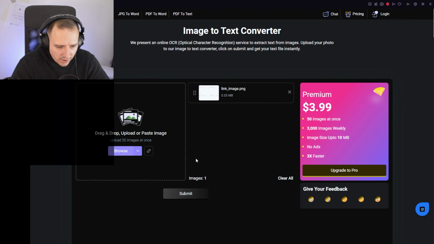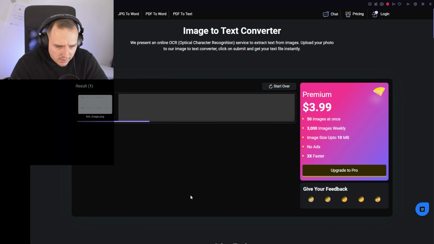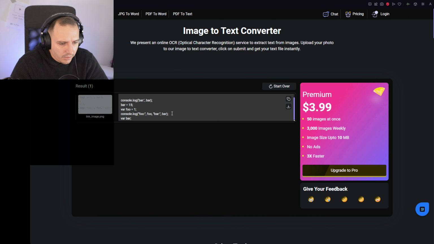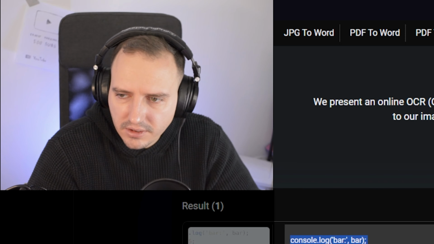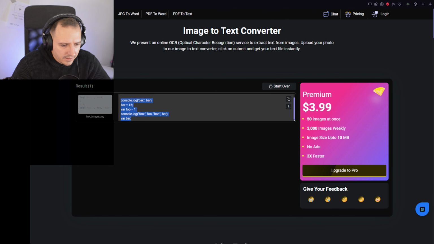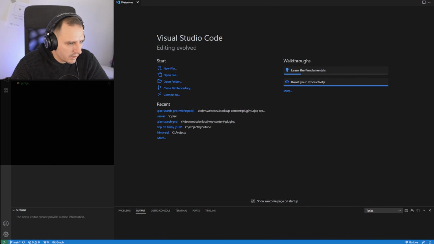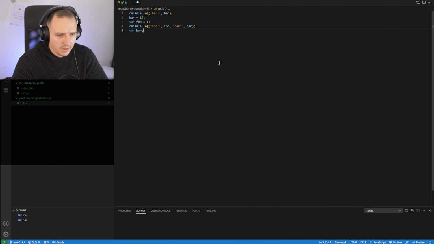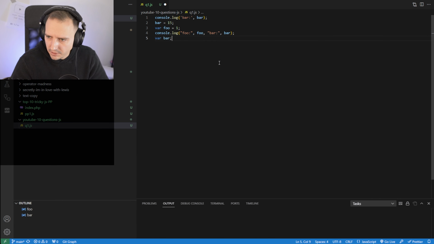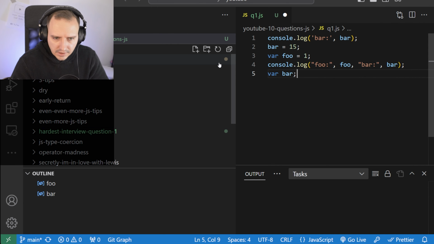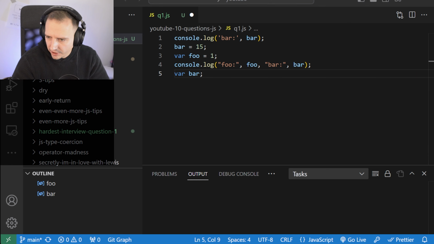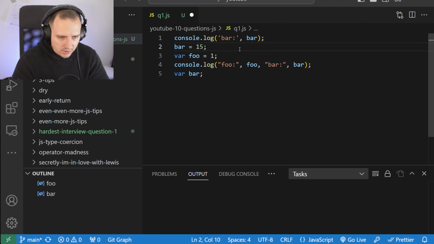So I tried ChatGPT. Okay, so is this correct? Result. Oh, we have the result. Look at that. I don't have to write a single line of code. Okay, so is this good? So let me open VS Code right here. Let me just make it bigger. Oh, I should turn off chat. Sorry, chat, you're gone.